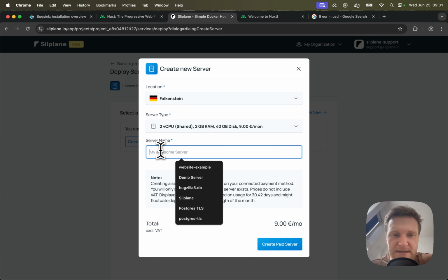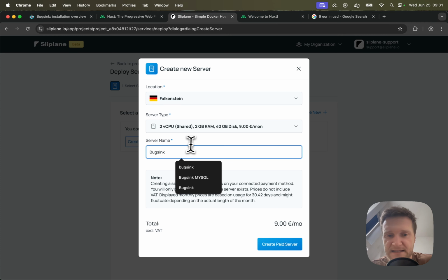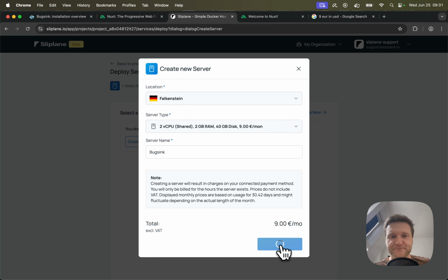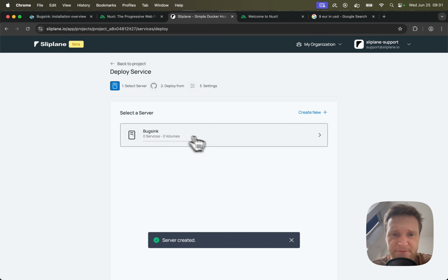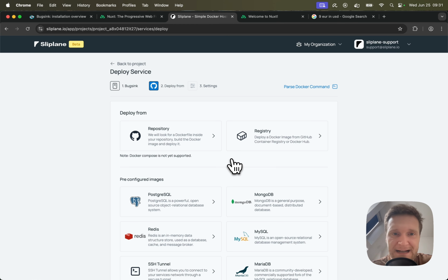Okay, so let's name our server. I will call this one Bugsink as well, and create paid server. And then after a few seconds, the server is created. I will click on the server, and then